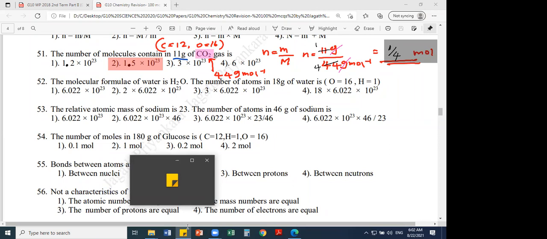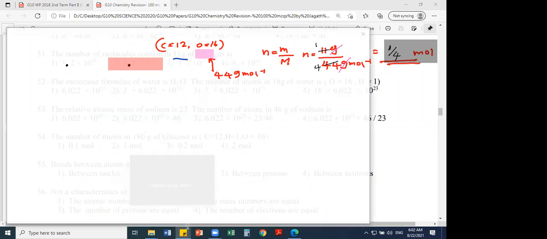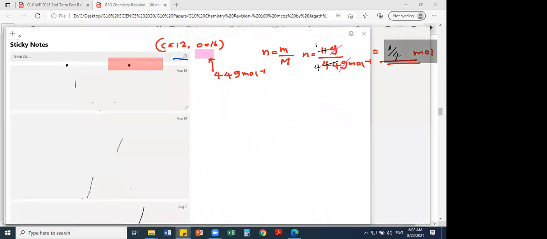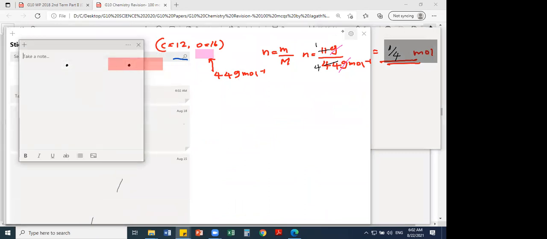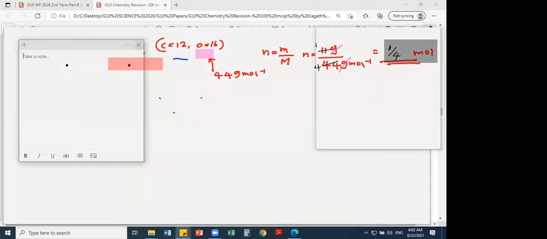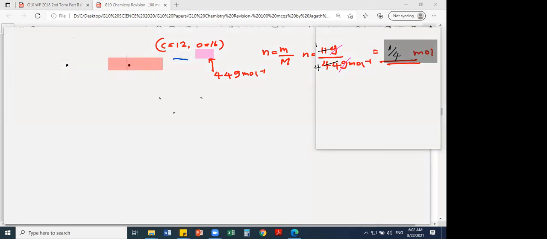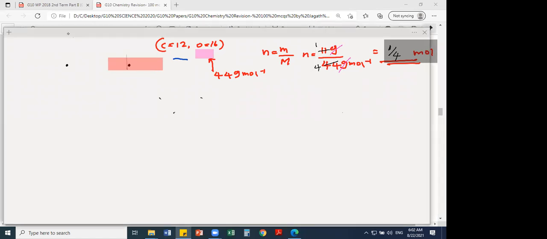Look at this, this is a good question. Can you please put 3 stars for this question? They can ask this type of question in the O-level paper also. Therefore, I want you to learn this. I will use this separate background to write the answer.